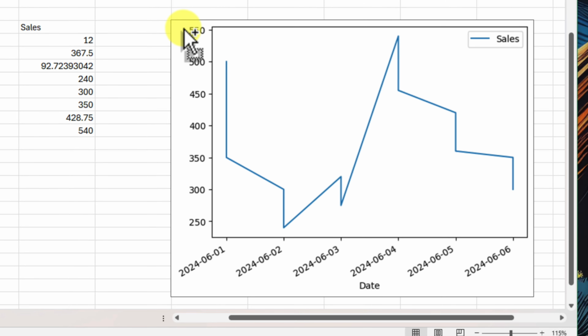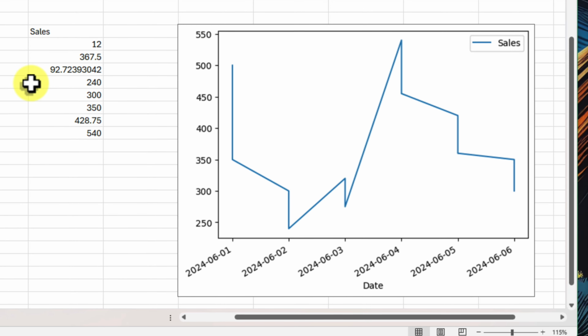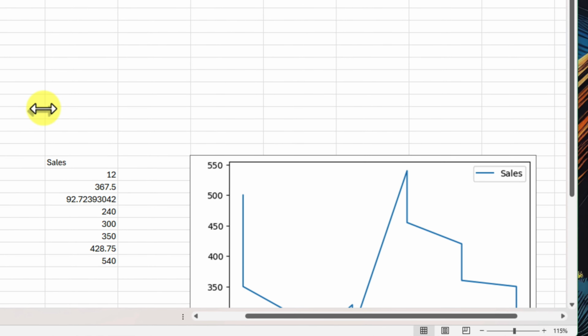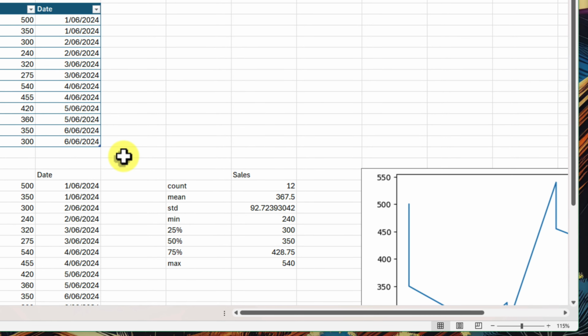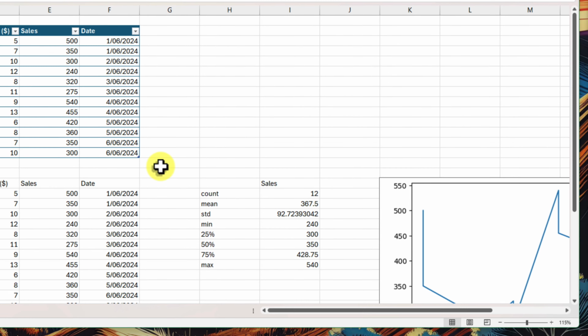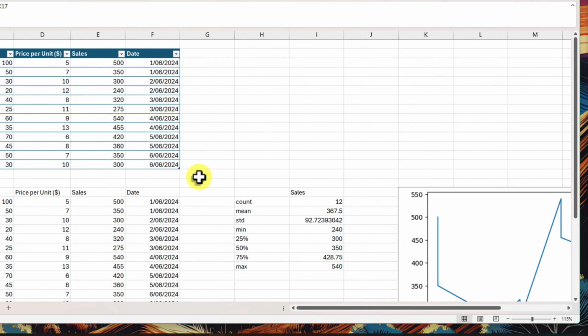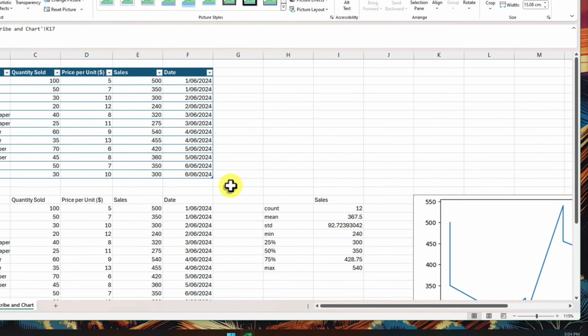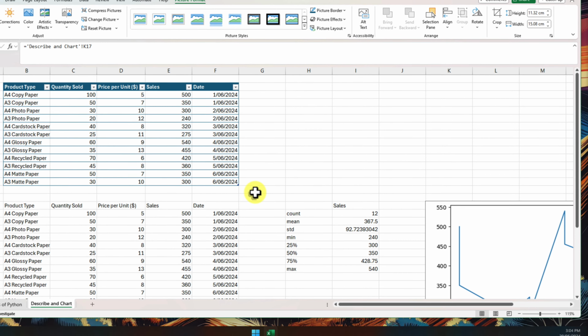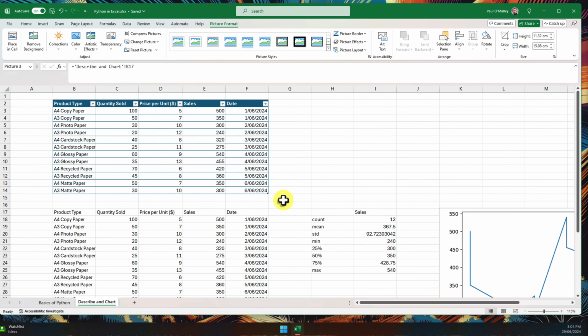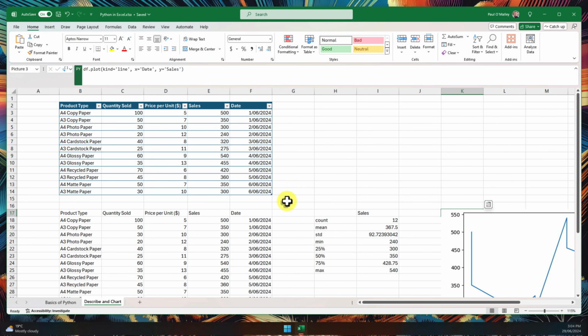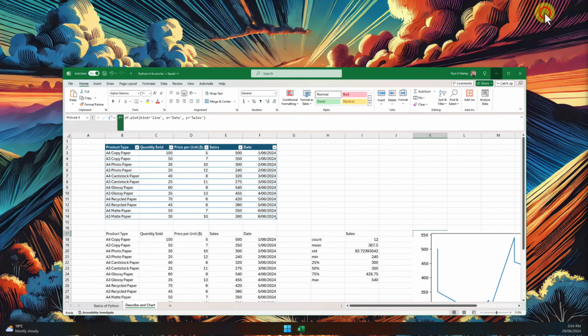Congratulations! You've just completed your first journey into the world of Python in Excel. You've learned how to activate Python in Excel, write and execute basic Python code, create data frames to work with your spreadsheet data, use the Pandas library to perform calculations, and even create charts with Matplotlib. Believe it or not, this is just the tip of the iceberg though. Python offers a vast universe of possibilities to unlock Excel's full potential.